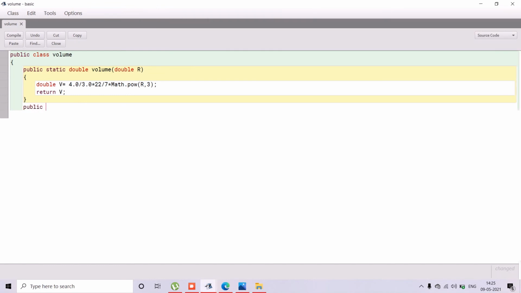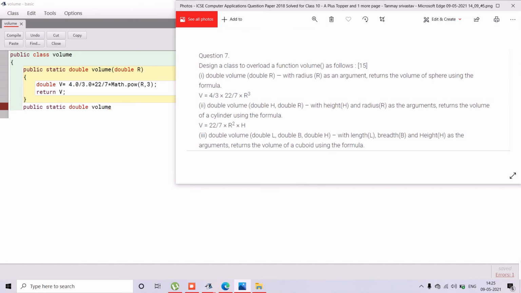Public static. So we will write this in full. Double volume. This is main, because we have to calculate volume in this, but here with height and radius.